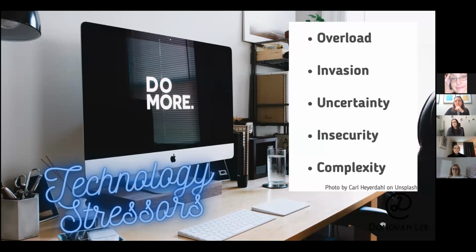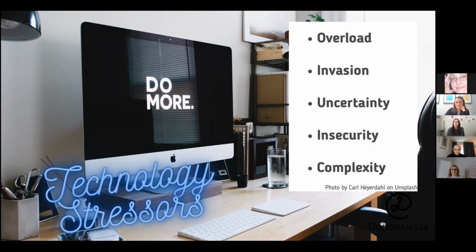So invasion, this is probably one that's showing up quite a bit for you, especially in virtual working and in lockdown life. The pervasiveness of technology can lead us to feelings of stress by the perception that we're always connected. And this has already been mentioned in the chat. According to a recent study by the Chartered Institute of Personnel and Development, 40% of UK workers check their emails at least 5 times a day on weekends or on days off, and over half mentioned struggling to switch off from work at least sometimes.